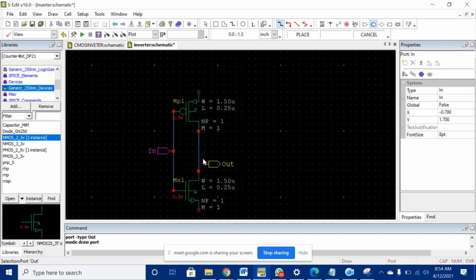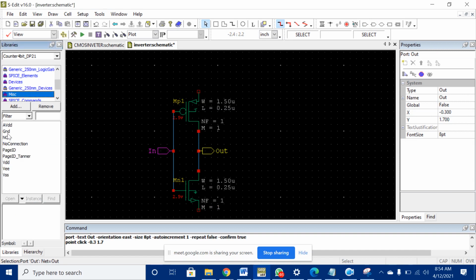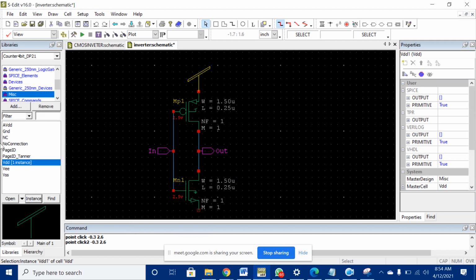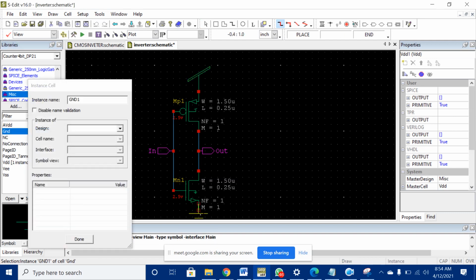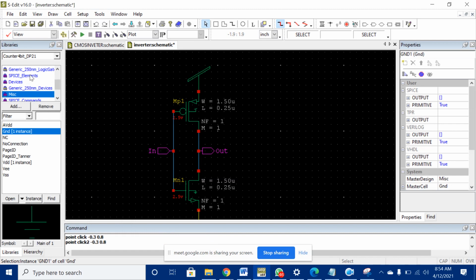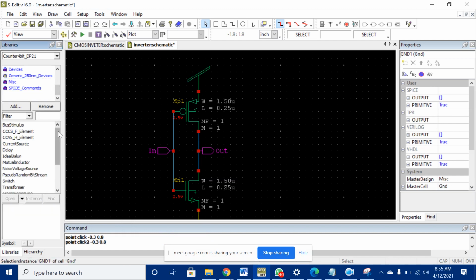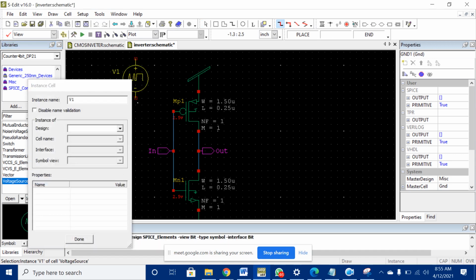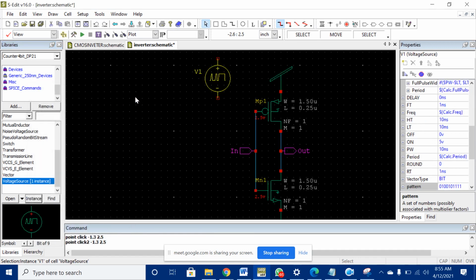Then next, output. Then next, VDD. From MISC we take VDD and ground, VDD, ground. Now SPICE elements have a voltage source, because we have to give the voltage source. So we have to take the voltage source bit of 9. So here bit of 9 will be there. So that we have to take, and we have to connect it to the